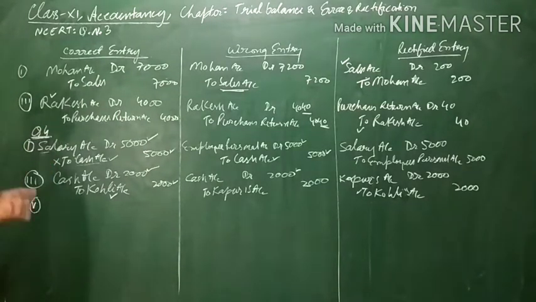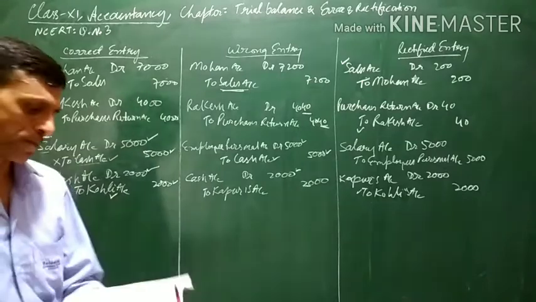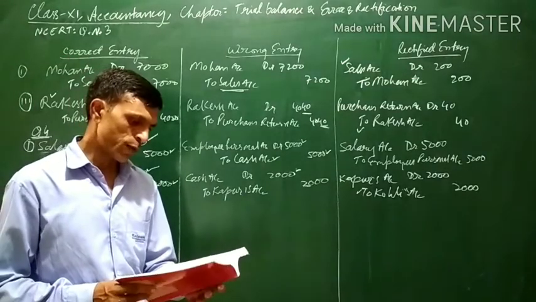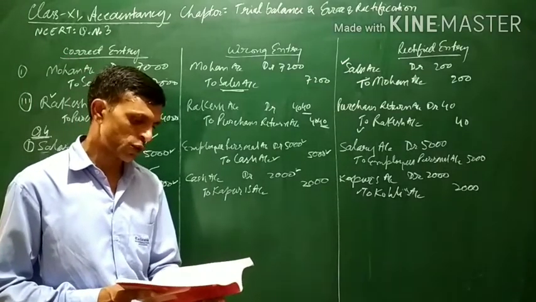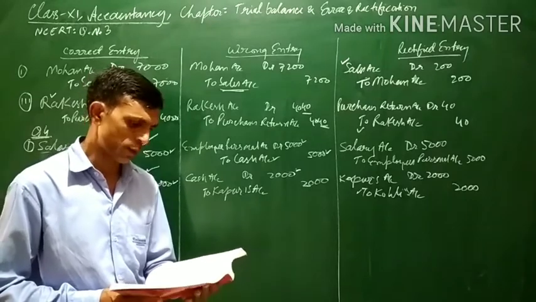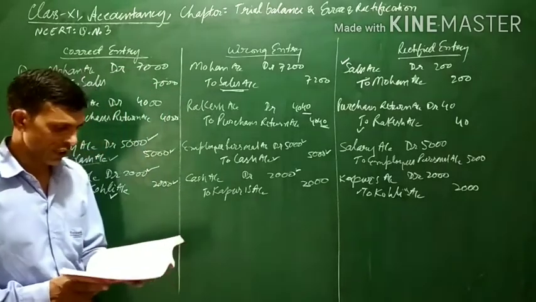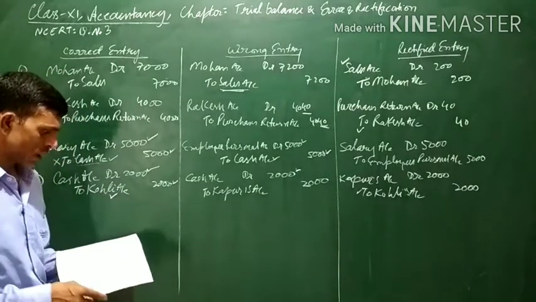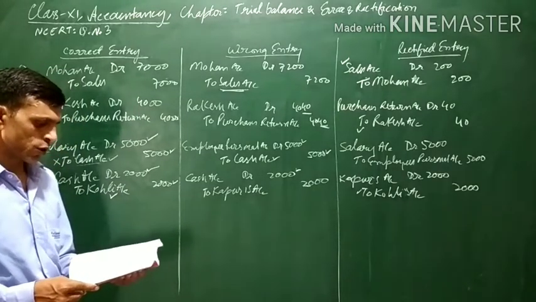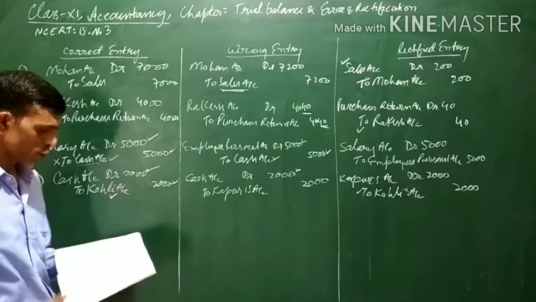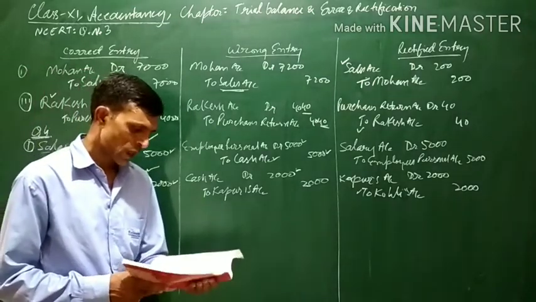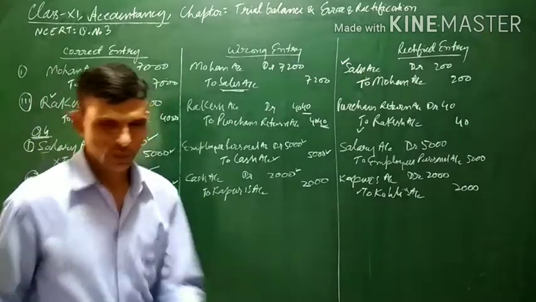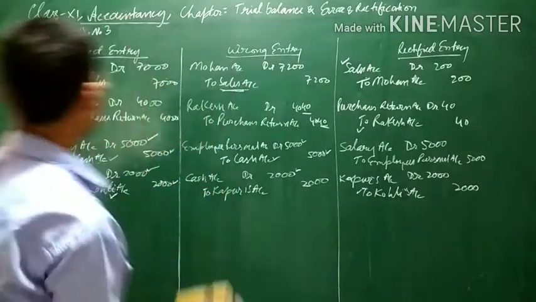Now let us do the fifth one also. Under question number 4, the fifth transaction is also there. Cash paid to Babu 1500 was posted to Sabu's account. It is almost the same, and we do not have to do this entry because it is related to the previous one. Most of the entries you can do easily. So let us do question number 5.